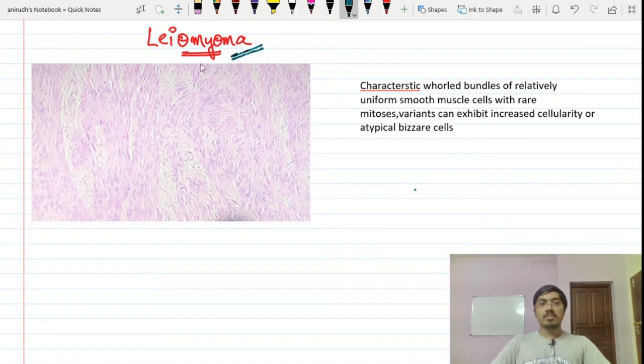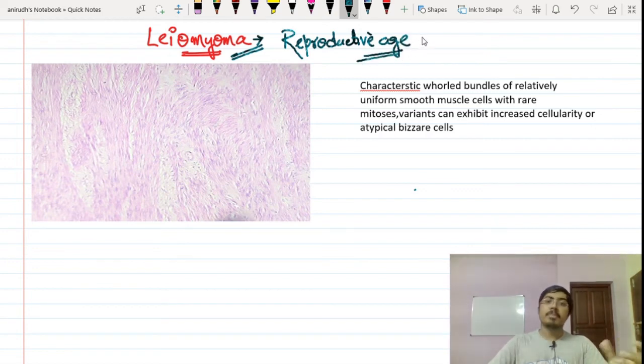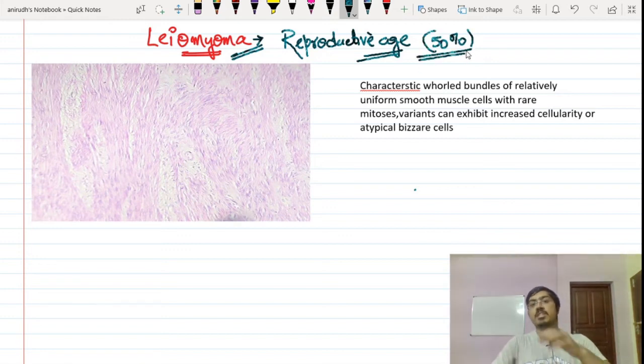Right, so in leiomyoma, remember that the female is typically of reproductive age group. This is a very important point. Typically a female will be around the age of 30 to 50 years, and this affects around 50% of the females in the reproductive age group. This is very common, 30 to 50% of females in the reproductive age group, almost 30 to 50 years of age, can develop leiomyoma, and even lesser age groups have started to develop